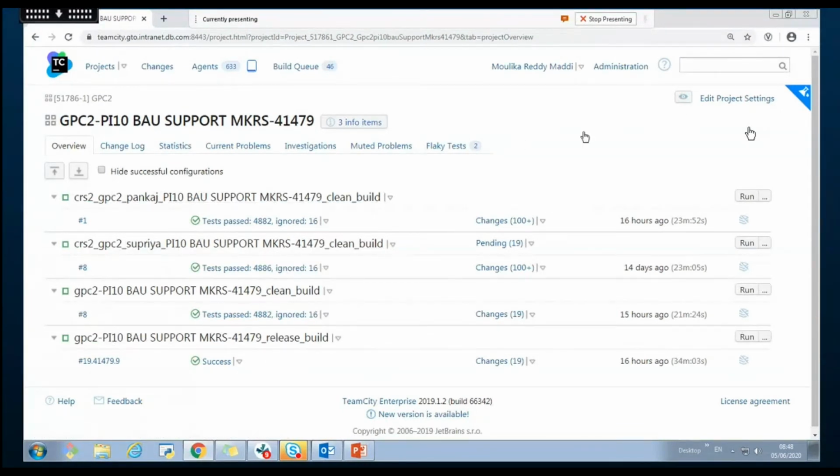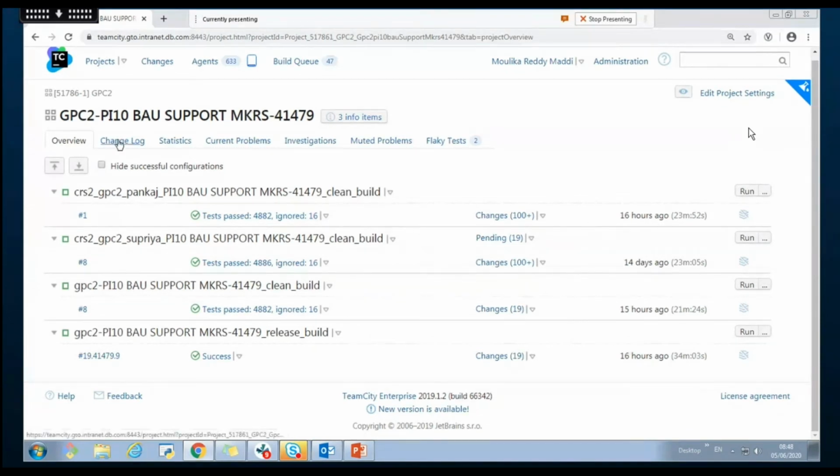As I told in the beginning, you don't have to commit all your changes into the version control system and wait for everyone and then test your changes. You will have your own fork, and then you can test it and run the build for a particular branch.